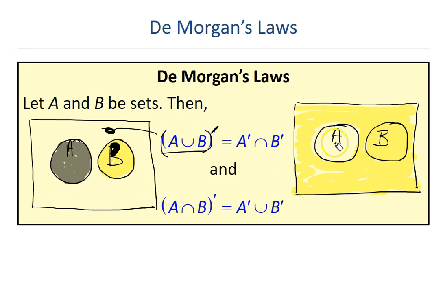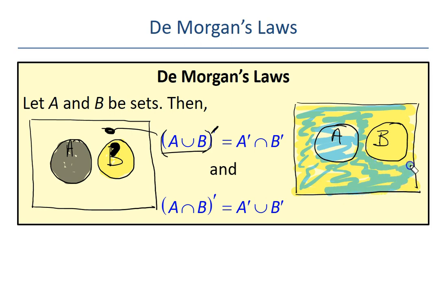All right, that's what the complement of A now is, this part right here. That's the yellow part. Now I'm going to sketch in the complement of B. So the complement of B would be anything that's not in B. So of course we have to color over all of this yellow here and all of this. Okay, now do you see what is the